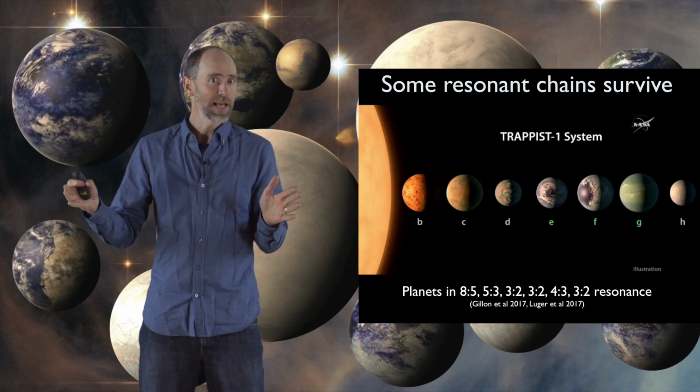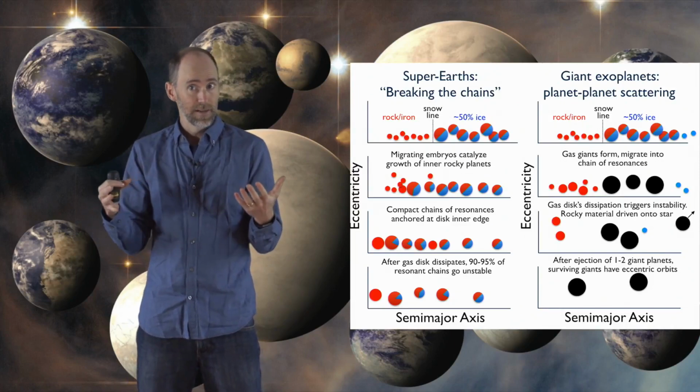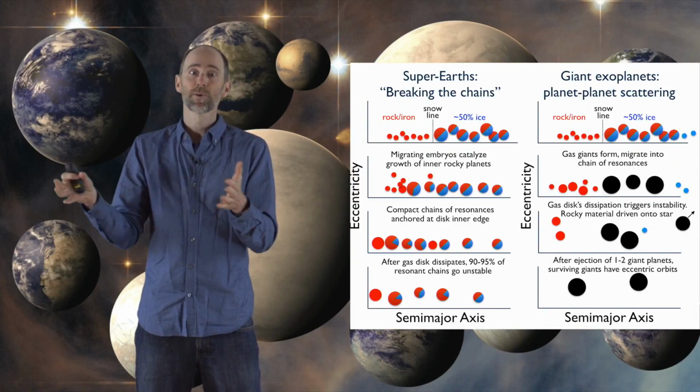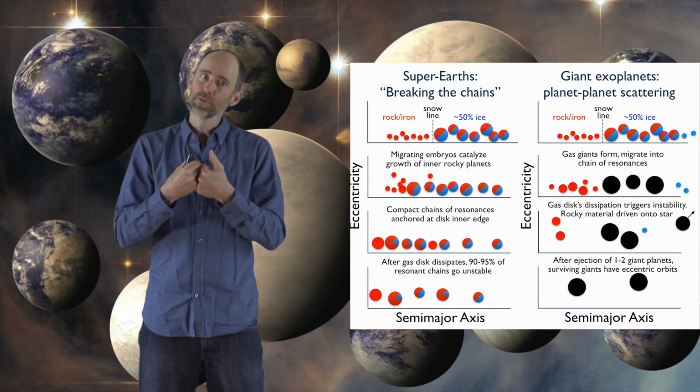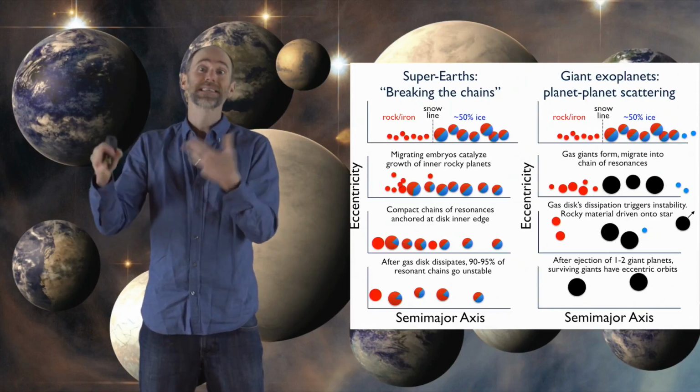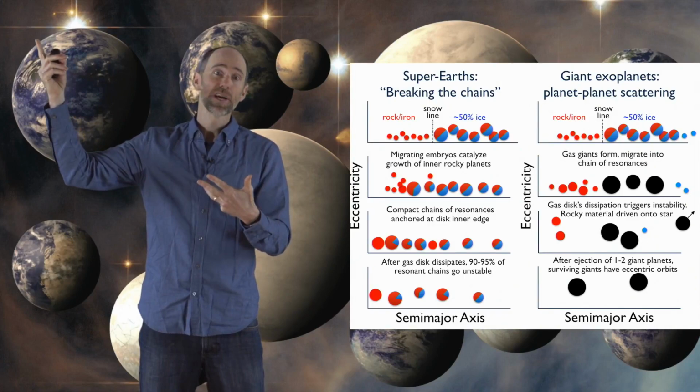The main difference between the giant planets and super-Earths is giant planets, when they go unstable, they don't bash into each other usually. They undergo phases of scattering, where one planet usually ends up getting ejected entirely from the system, and the surviving planets tend to have eccentric orbits, just like the giant exoplanets that we see. And in fact, we think that the same type of behavior happened in our own solar system. We think that our own giant planets once formed a resonant chain, and that they actually underwent a late instability also. A relatively gentle instability compared to some exoplanet systems, but an instability nonetheless.